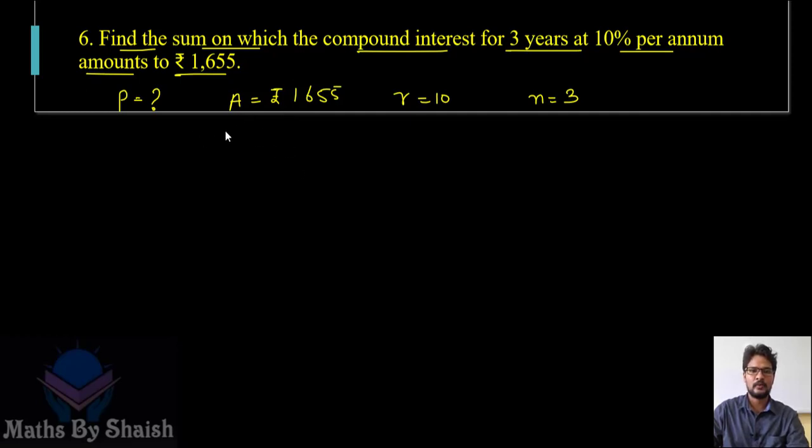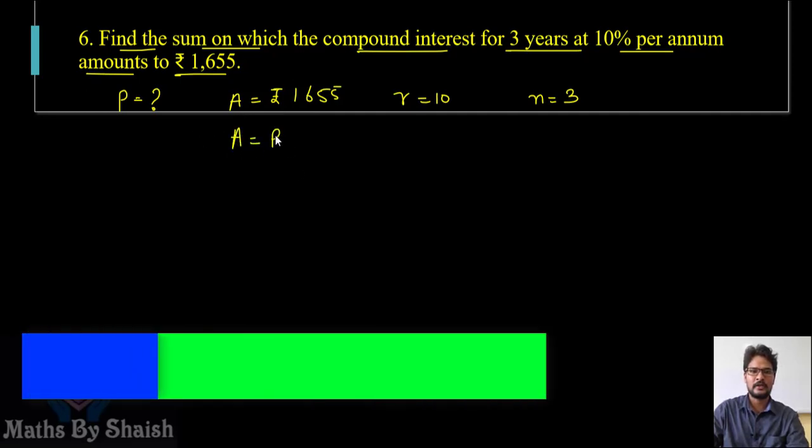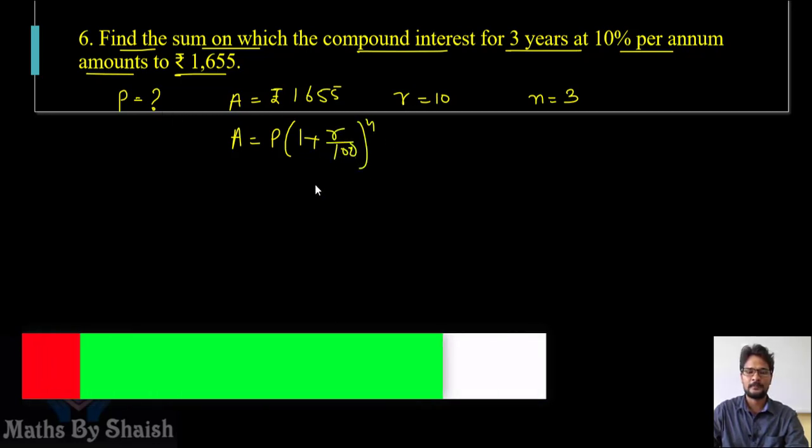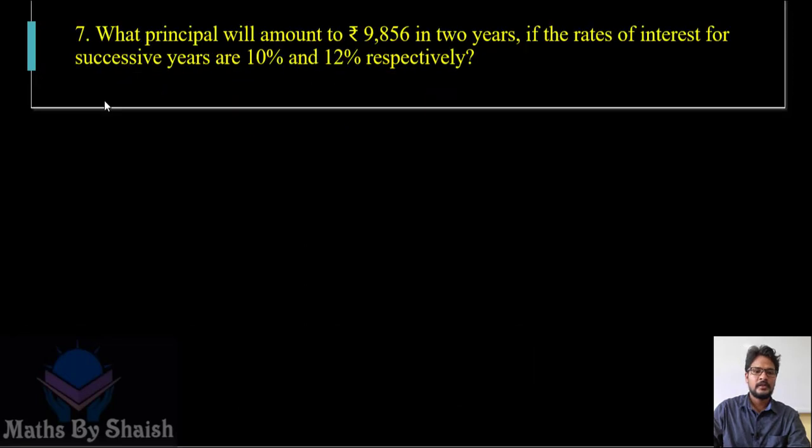It's the same way you are going to use the formula of A equals P times 1 plus R over 100 to the power n, and then we substitute these values, we'll get P. So let's discuss the next one. Here is the seventh question: what principal will amount to this? So principal is missing, and amount is given 9856 in 2 years, so n is 2,